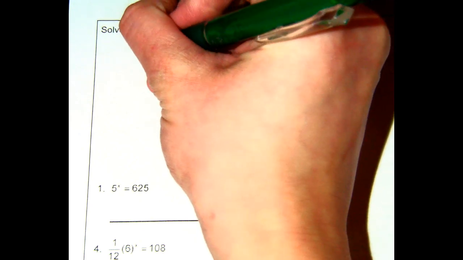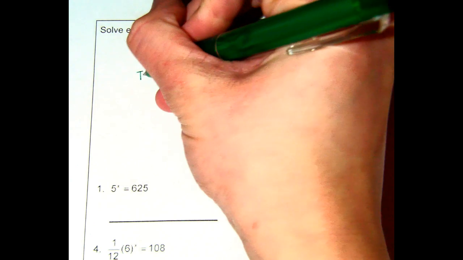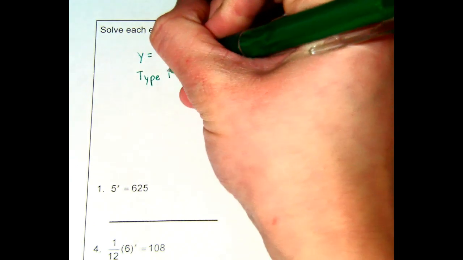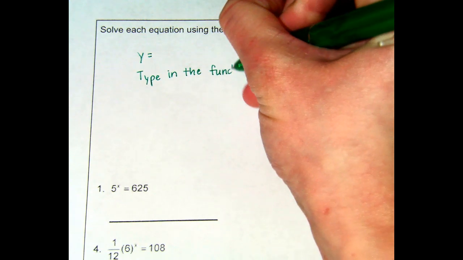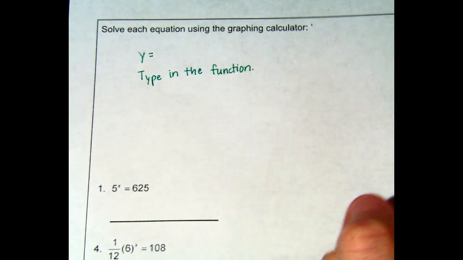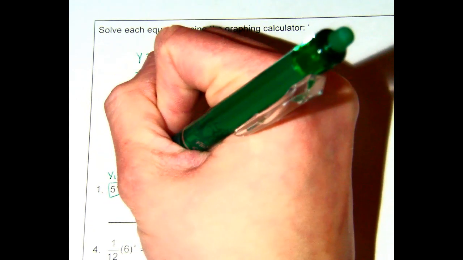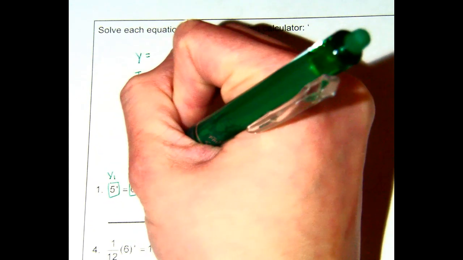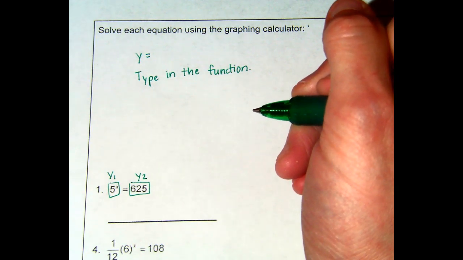So we're first going to press y equals. That's the first step. And then we're going to type in the function. And for this example in the function, this part is going to be y1, and this part y2. Okay. Once we type in the function,